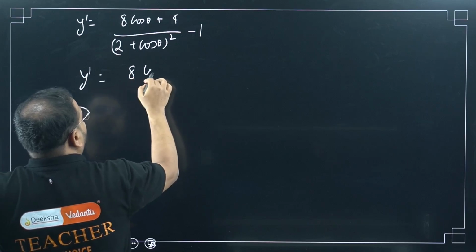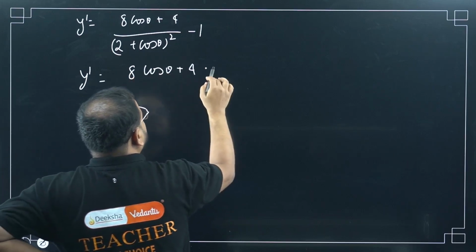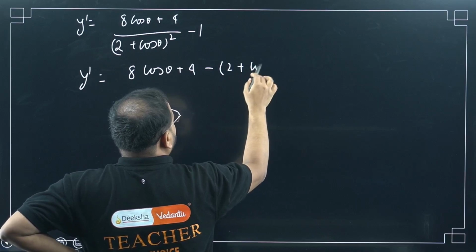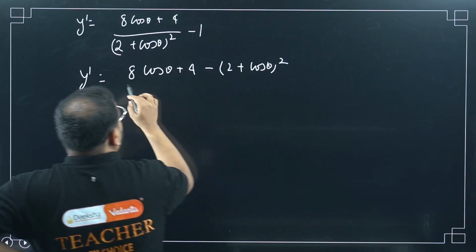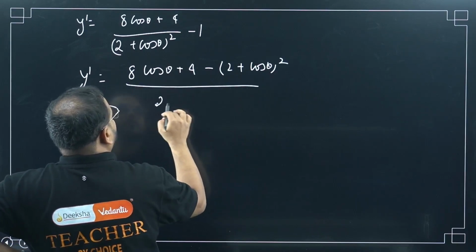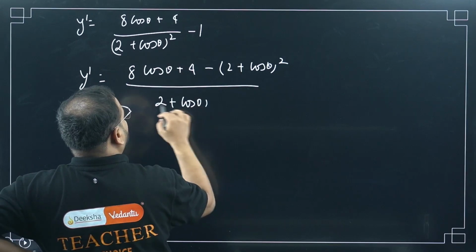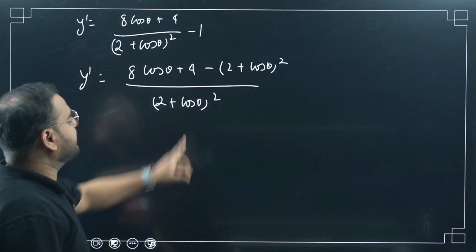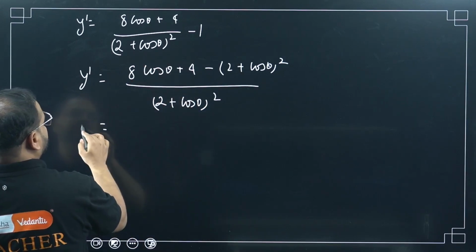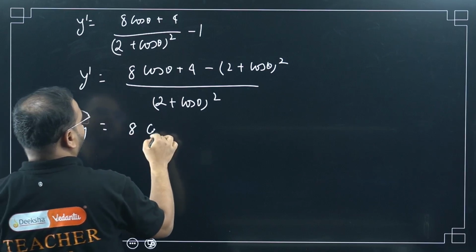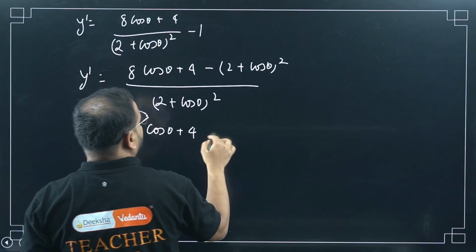So 8 cos theta plus 4 minus 2 plus cos theta the whole square divided by 2 plus cos theta the whole square. Yes, I'm taking with minus now. What I'm going to get? Please check. Do the expansion. 8 cos theta plus 4 plus,